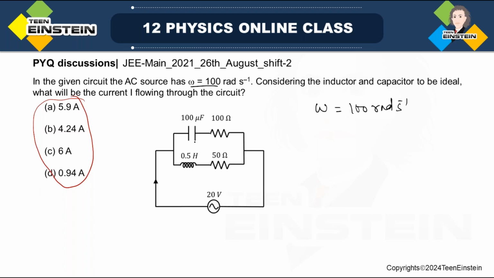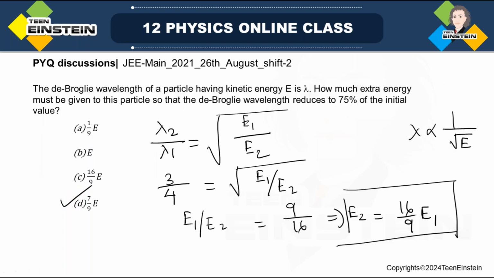See here, this is a CR circuit and this is an LR circuit. So now I have got two branches for the current to flow. One through the LR circuit, another through the CR circuit. So obviously the current will be divided into two parts, right? These are in parallel combination. Suppose I know the two impedances,